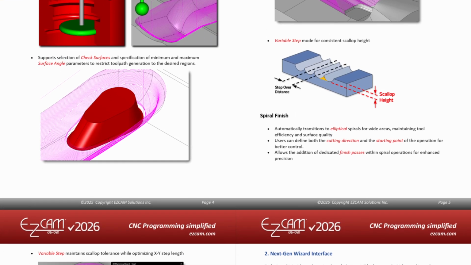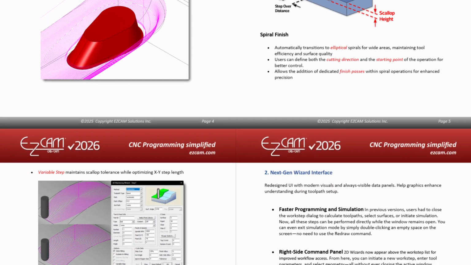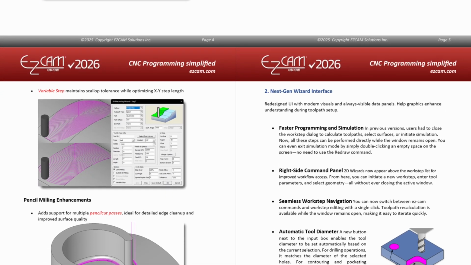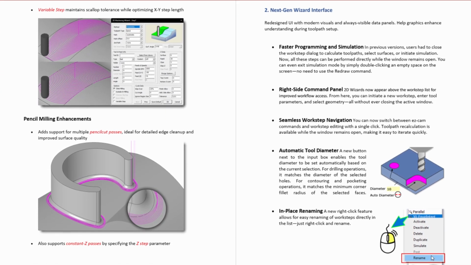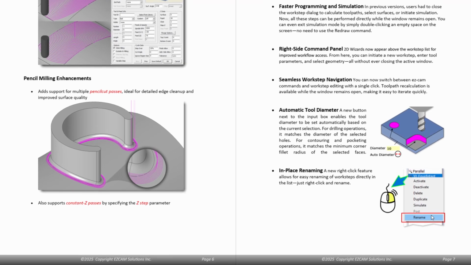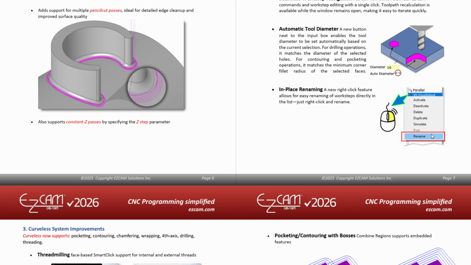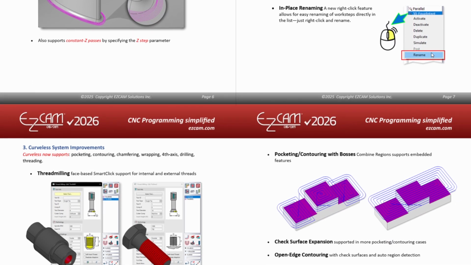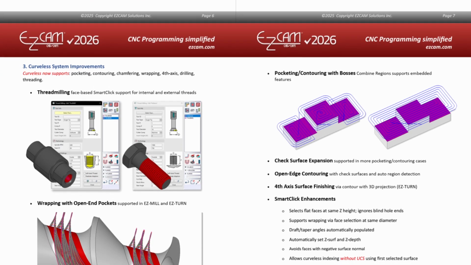In a time when every minute matters, doing more with fewer clicks has become a necessity. A modern CAM system not only delivers new features, it increases efficiency, reduces errors, and enables you to program complex parts faster. For a program you use every day, like EasyCam, this is even more critical. In this video, we will show not just an update, but how the new version of EasyCam becomes a real investment. We will look for clear answers to these questions.